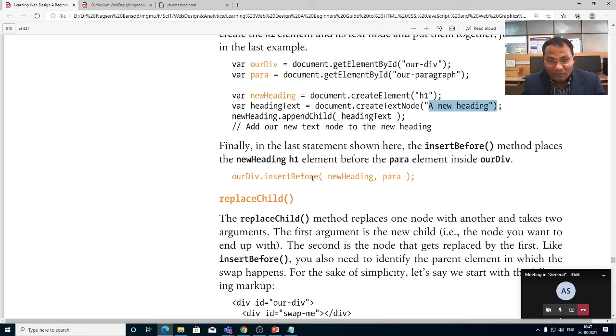So here insertBefore is used, and two arguments are passed, newHeading and para. So the message should be displayed: our paragraph with a new heading. This is to be displayed there.